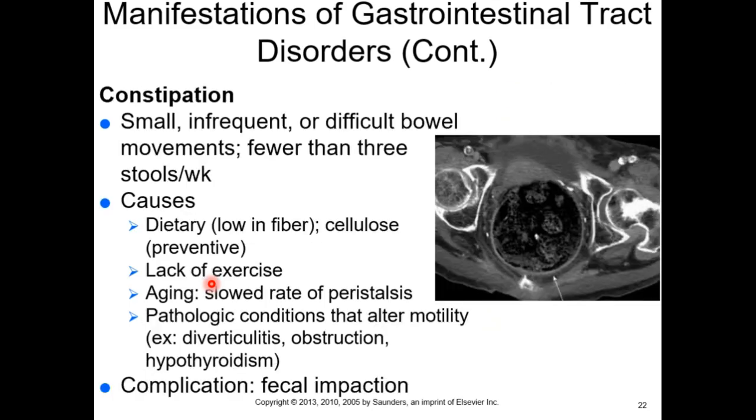Some basic overview stuff, constipation. Does anybody have enough radiology under their belt where that visually makes sense and is immediately terrifying? It is. It's impacted fecalith. So that's the head of a femur. That's the acetabulum of the coxal bone. Head of the femur, acetabulum of the coxal bone, fecal impaction. All of that.